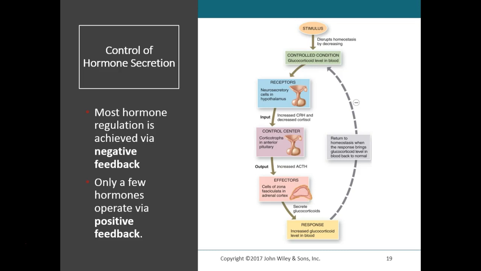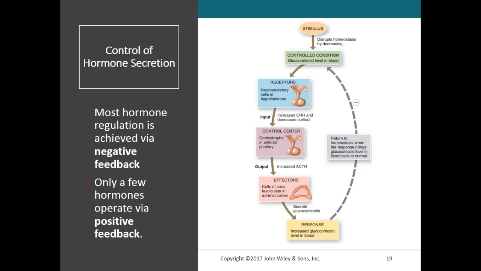We do have a few hormones, however, that are regulated by positive feedback. So positive feedback, for example, like with childbirth, the hormone oxytocin stimulates contraction of the uterus, and then uterine contraction stimulates even more release of oxytocin. So the stimulus is uterine contraction, right? So stretch on the cervix of the uterus. That's going to stimulate the hypothalamus